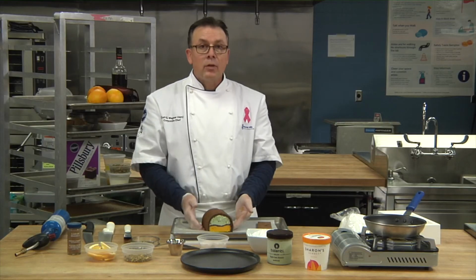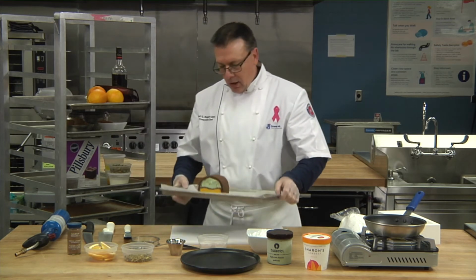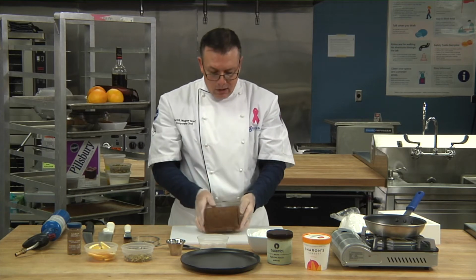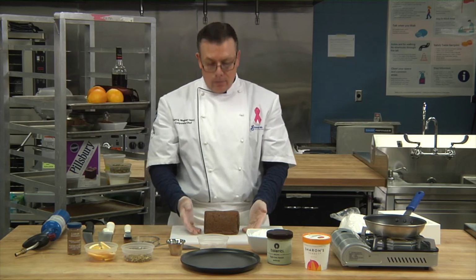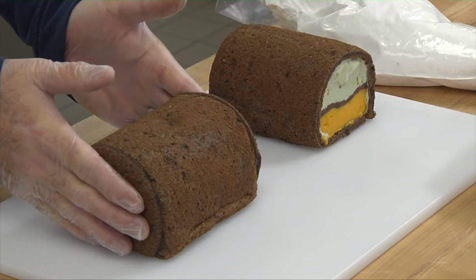You're going to wrap this with plastic. This is then going to freeze solid. You're going to take this out. This is what it's going to look like. So it's nicely encased all the way around so that when I ice this with my meringue, nothing is going to bleed out. All right, so now that we have our cake completely coated around our ice cream and sorbet,